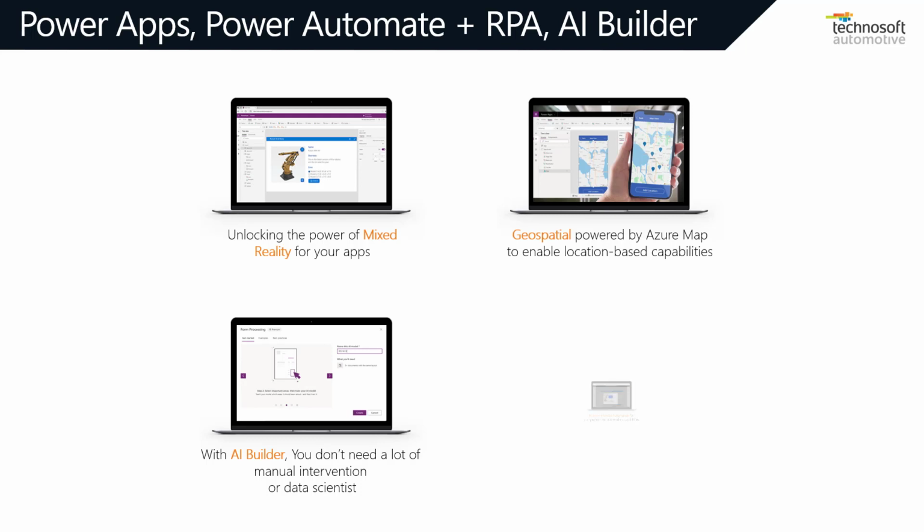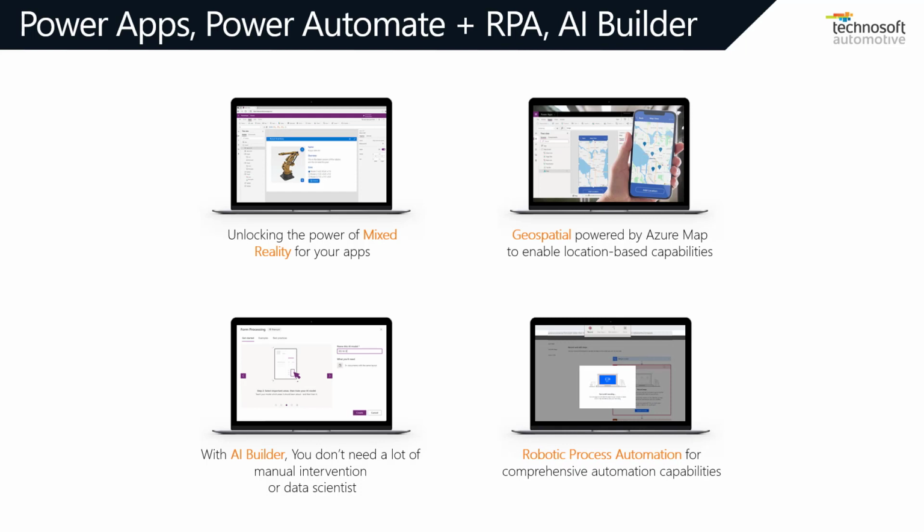And the last one is Microsoft Power Automate UI Flow with the robotic process automation or RPA capability to connect and do some automation with legacy applications that don't support any API. So with all of these new features and capabilities, let's switch to the demo session so you can see the app in a real scenario.